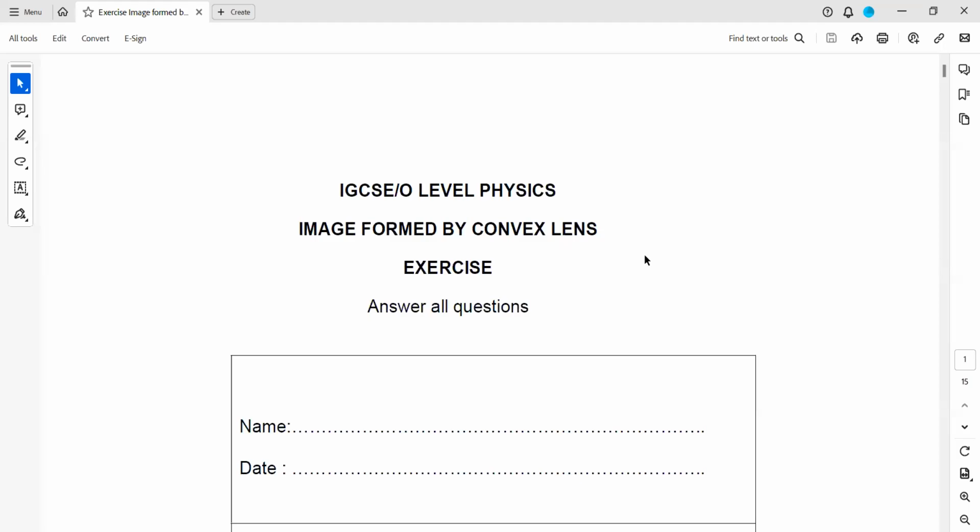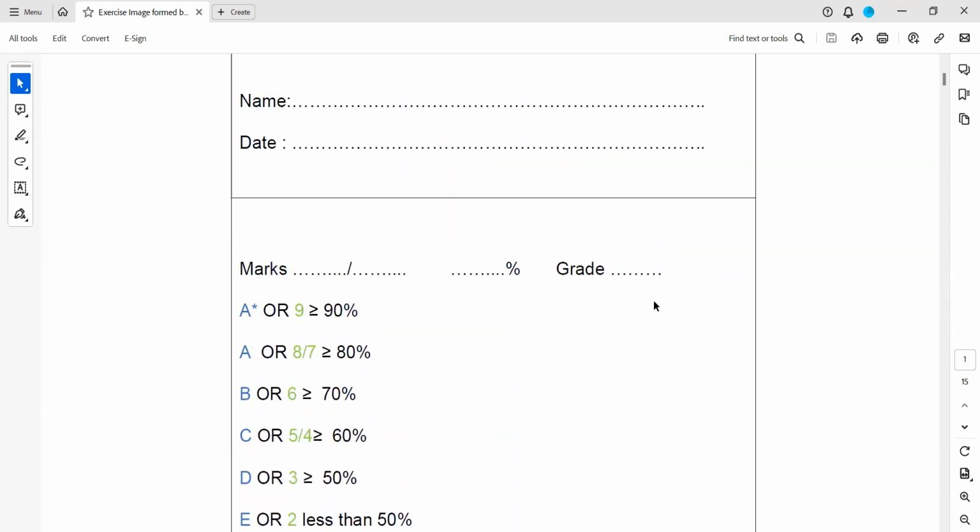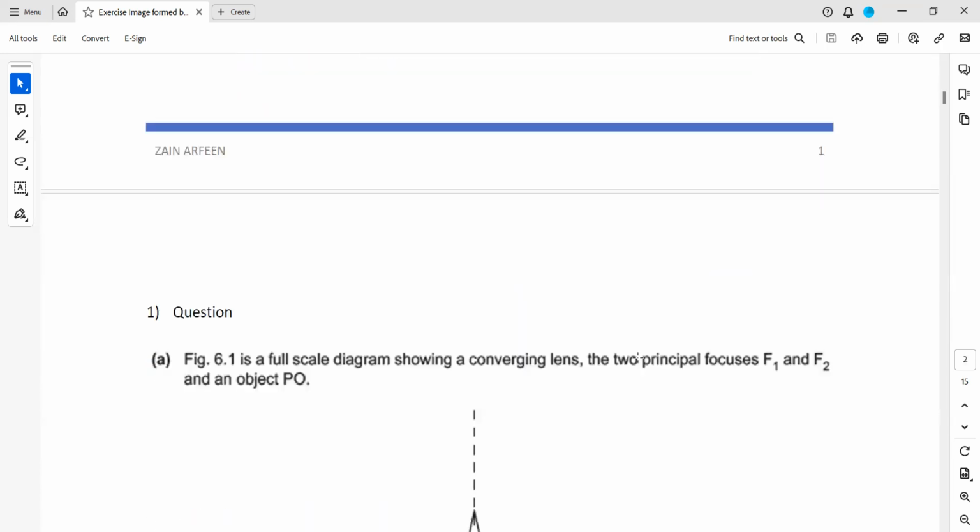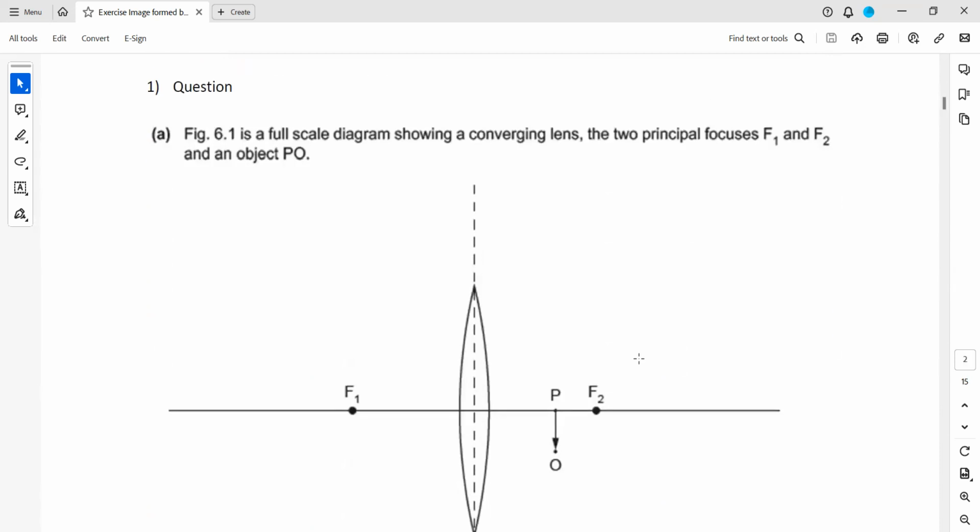Exercise related to the image formed by a convex lens. How can an image be formed by a convex lens? Different questions are there from the past papers. In the first question, figure 6.1 is a full-scale diagram showing a converging lens with two principal focuses, F1 and